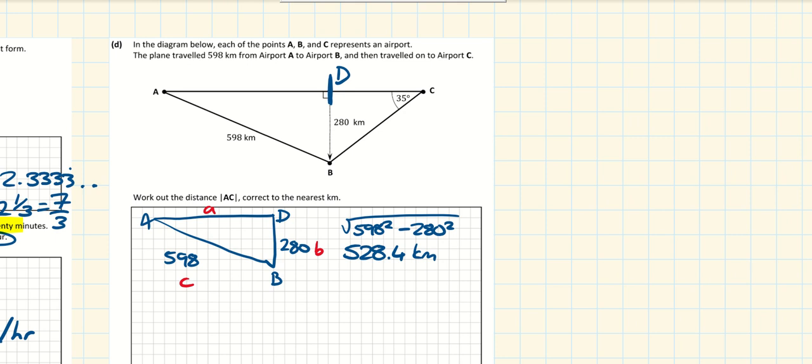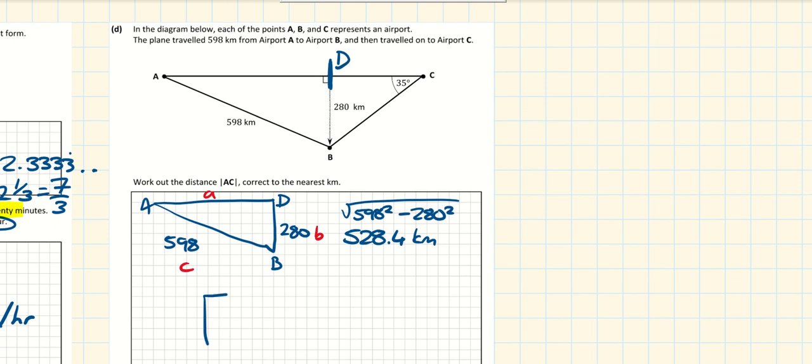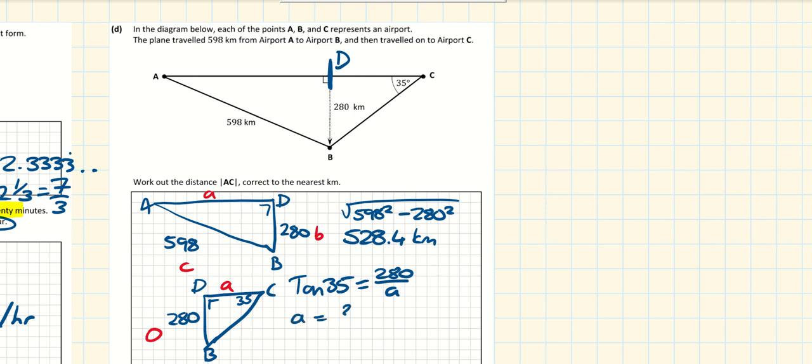But then we also need to get DC. So let's draw the triangle the other way. Always draw the triangle you're working with. So B, D, and C. We've got a right angle here. So you've got 280 and you've got 35 degrees. So that means we're going to have to look at our opposite and we need our adjacent. So we have tan 35 equals 280 over, we'll just call it A. Remember when the letter's on the bottom, we're going to have to divide. So A equals 280 over tan 35. And that's going to give you